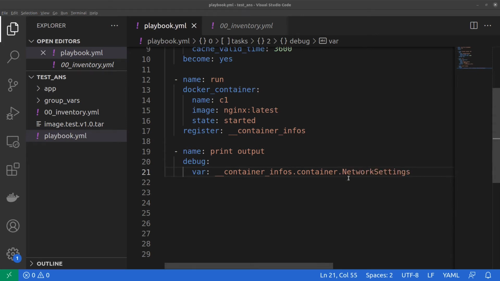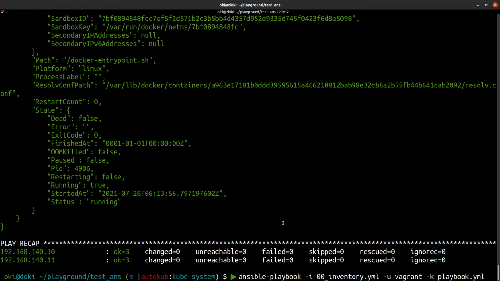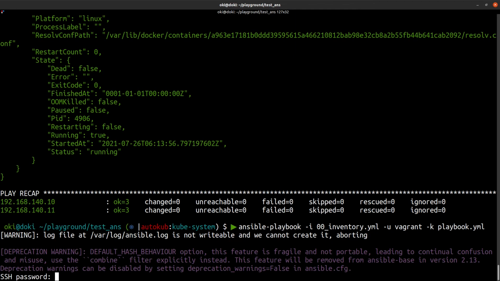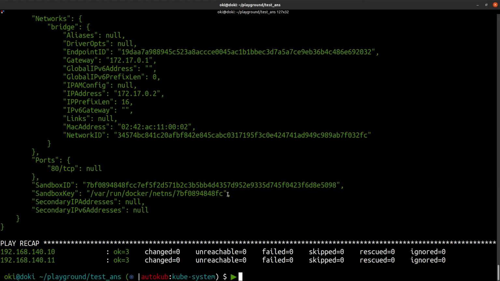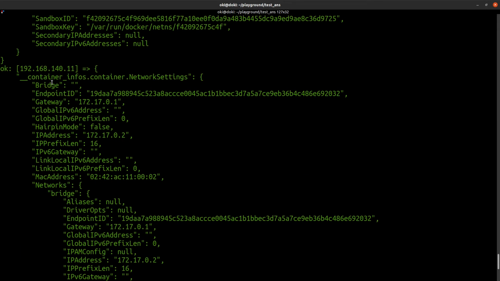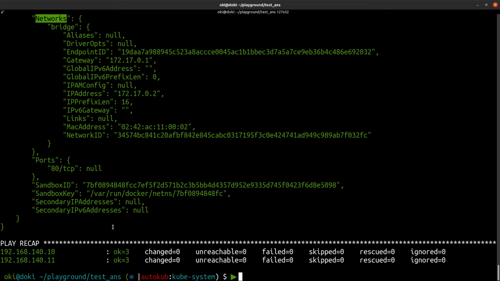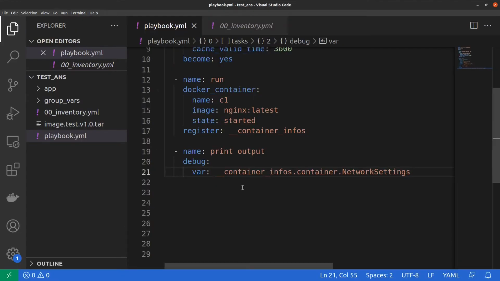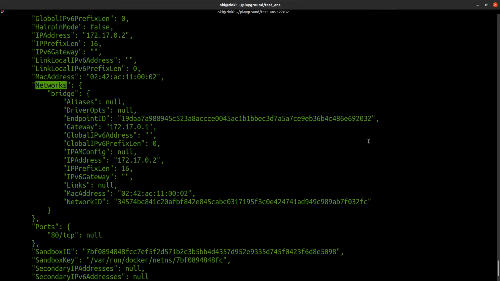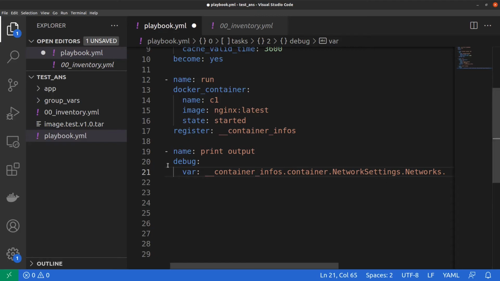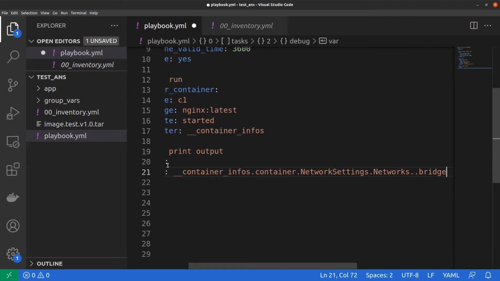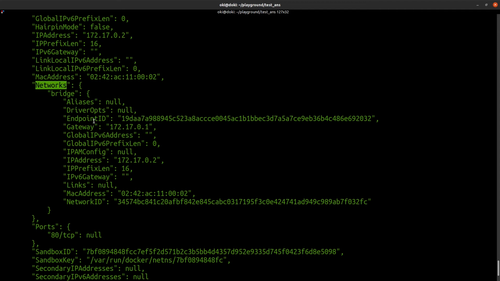This is a very simple and iterative task, but we need to do it. This is a better way to find what we want to have. And in network settings, we want networks. Okay, networks. And in networks, we want to have the bridge information, and we want to have the IP address. Okay, so I save it, I run it again,